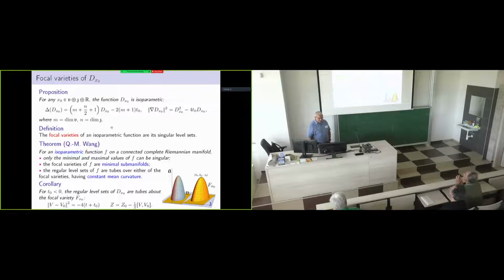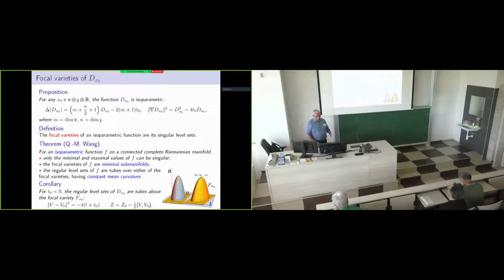Usually isoparametric functions have a nice structure proved by Wang. So to speak about this function structure, let me introduce what a focal variety is. A focal variety of an isoparametric function is one of its singular level sets. And there is a theorem by Wang that if we have an isoparametric function f on a connected complete Riemannian manifold,